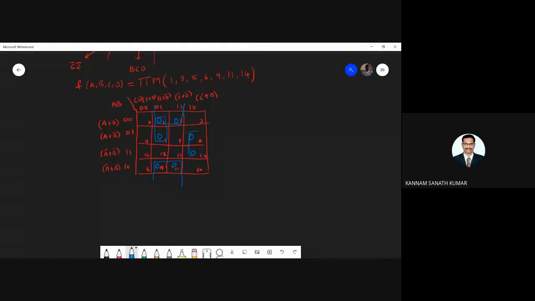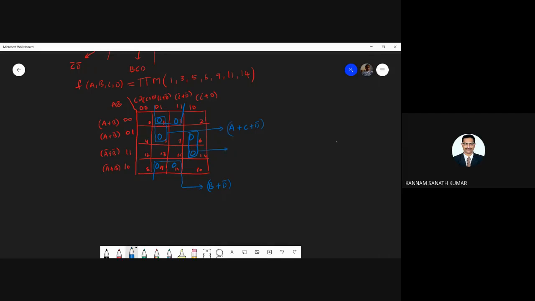And this becomes one pair. Okay, this becomes one pair. So if you write for this quad, will eliminate how many variables? Two variables. Okay, so here which one is common? You need to see. Okay, so here B is common, seeing vertically, and seeing horizontally, D is common. So you are getting B plus D bar. Okay, and next seeing for this pair, A plus C plus D bar.